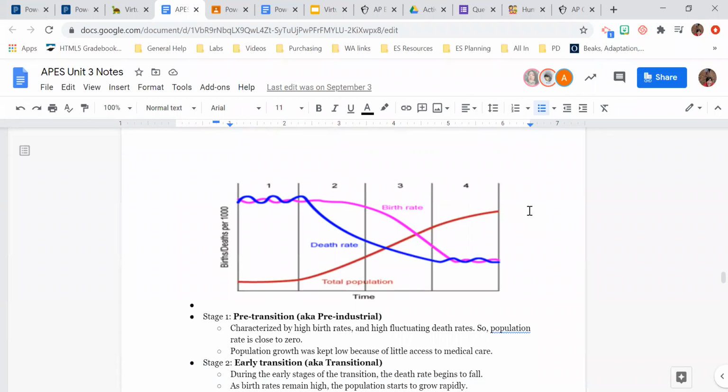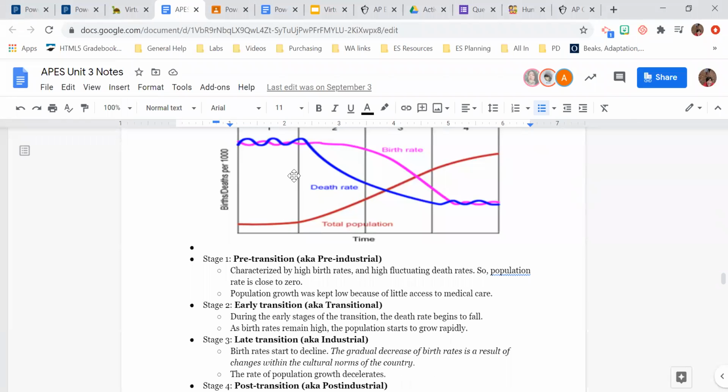Now, more modern demographic transition graphs that you'll see will actually have a stage 5 where the population goes down a little bit, although there's a lot of debate as to whether that should be a stage 5 or just an optional thing. So the question is, will all countries as they become developed decrease in population size like Japan, like Germany? Or will some countries stay at a slow growth rate or a 0 growth rate like the US?